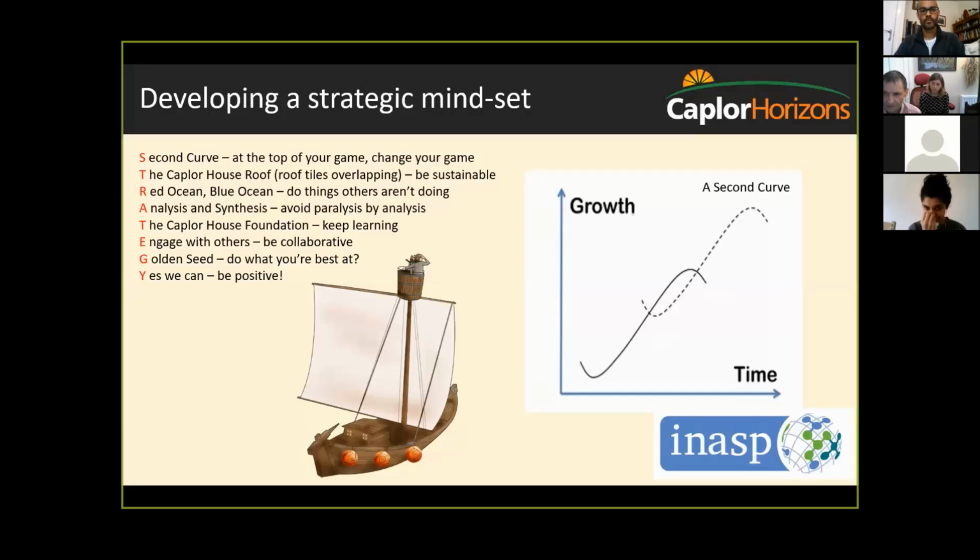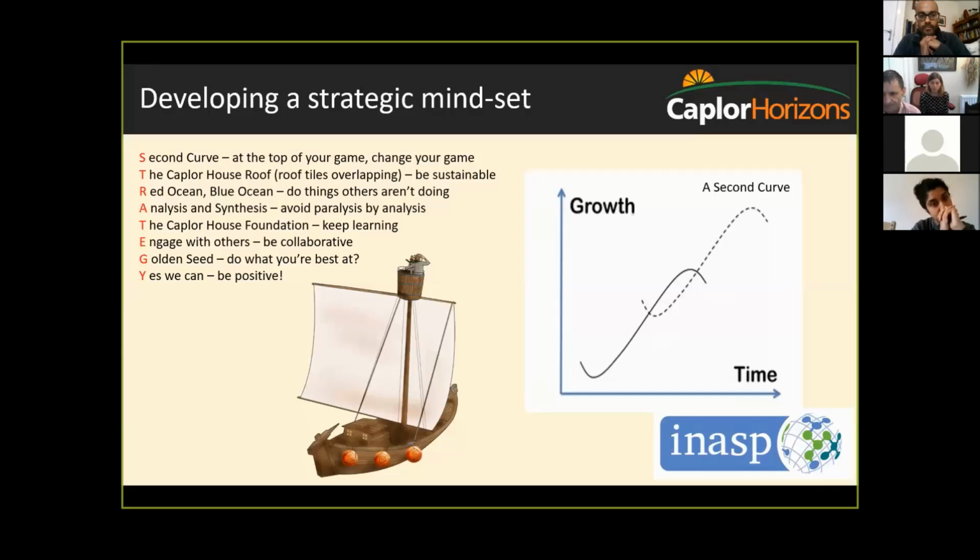And so engaging with others and thinking how you can be collaborative is very central to developing a strategic mindset. The next one, golden seed. When Lorna speaks at the end, we will go through some ideas about how you convert strategy into action particularly, and the very final part of this presentation will be something around the golden seed, and repeating this message because we think perhaps it's the most important of all the things that we will contribute in terms of developing a